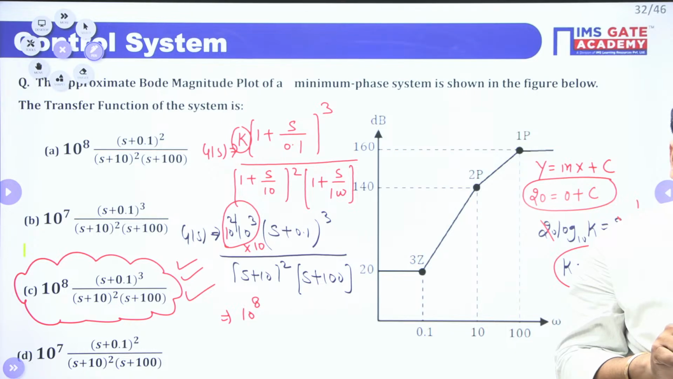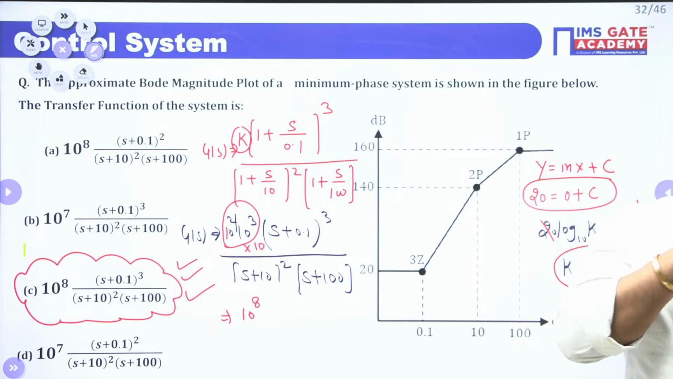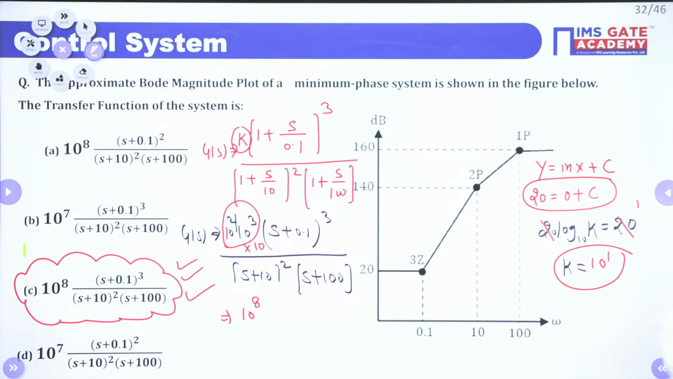Closed loop holes, it will represent a what is C value? C value itself says that 20 log 10k is equal to 20. So what is